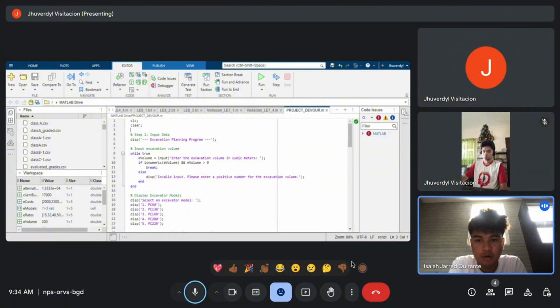So we have created a program that can help manage the equipment. It calculates the number of hours it takes to excavate a specified volume, and it also presents the total cost. So here you can plan ahead or visualize how you're going to use your excavator. So for our program,